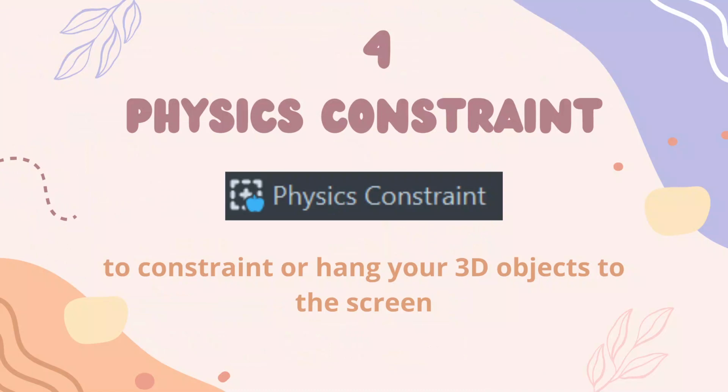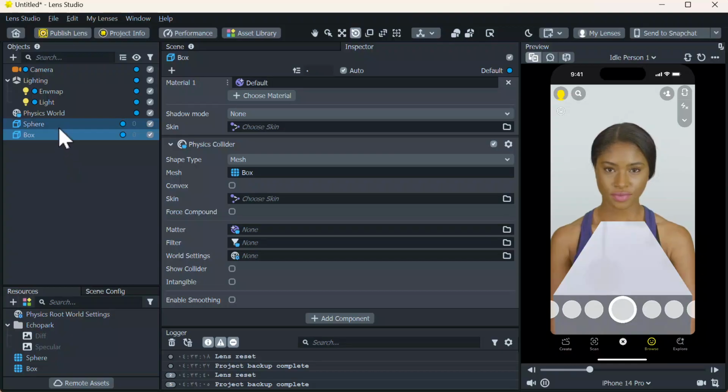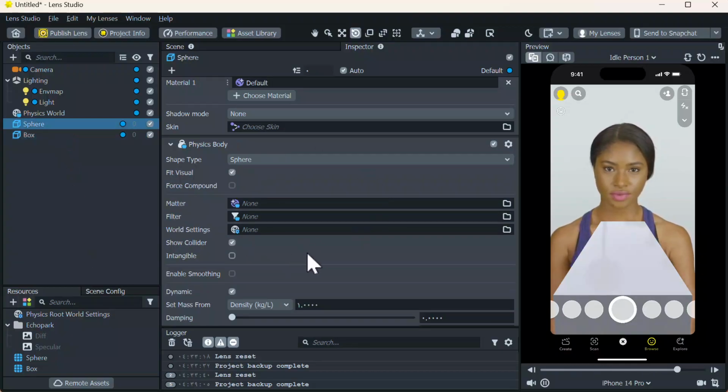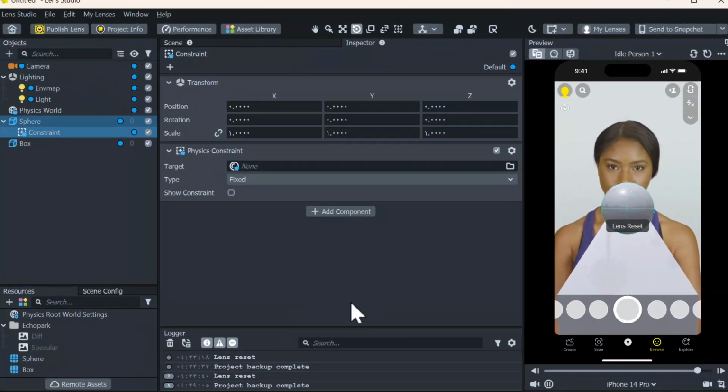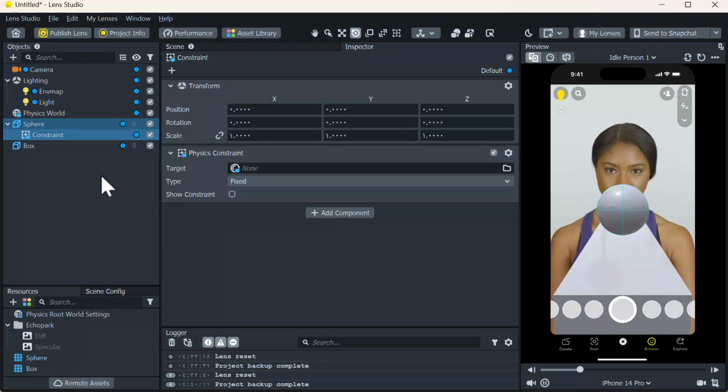The fourth component we have is physics constraint. What do you do with the physics constraint? You constrain or hang your 3D object to the screen. Okay, I will show you how. Let's go back to our sphere. Okay, this is our sphere. Go down, go to add constraint object. Now, as you can see here,